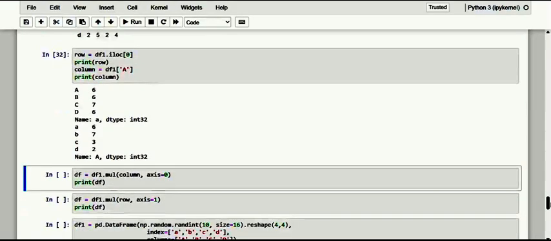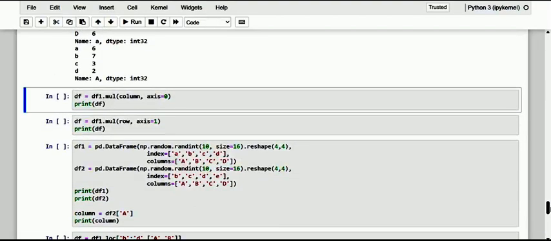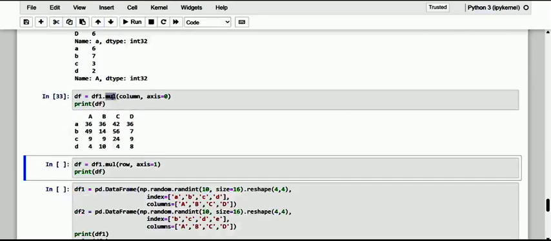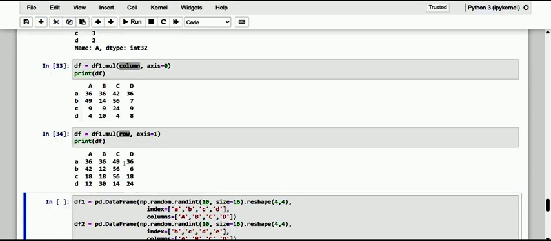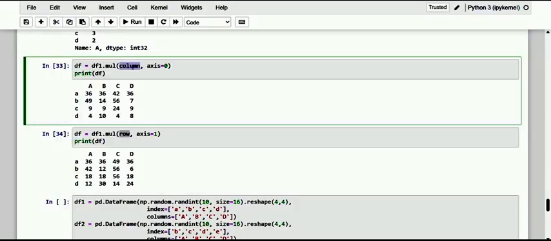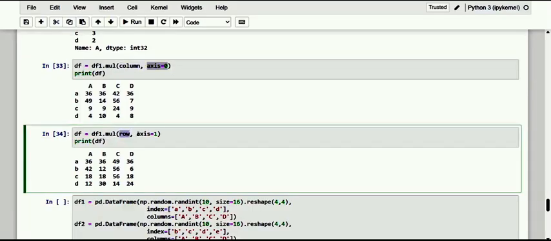So kindly see here, dear friends, what we are applying. We are making a multiplication operation. And of course, you can apply it onto the column here and towards the row here. So kindly observe what is the exact difference in each. Here it is column towards the column, and the axis is equal to 0. And when you make the multiplication row-wise, here axis is equal to 1.